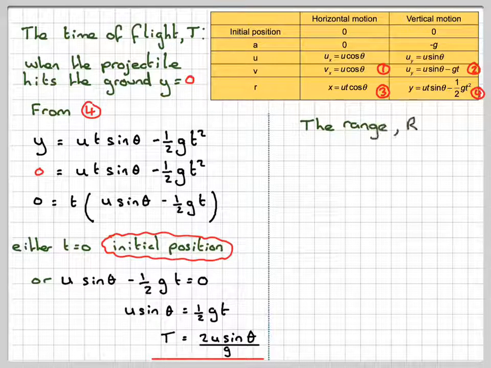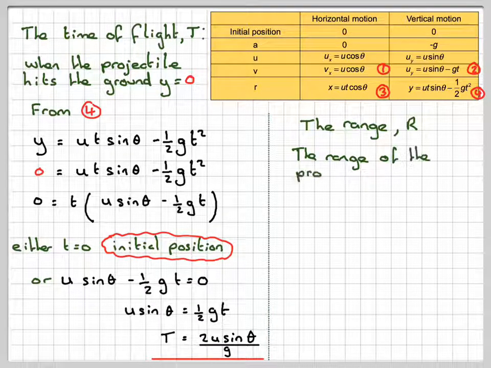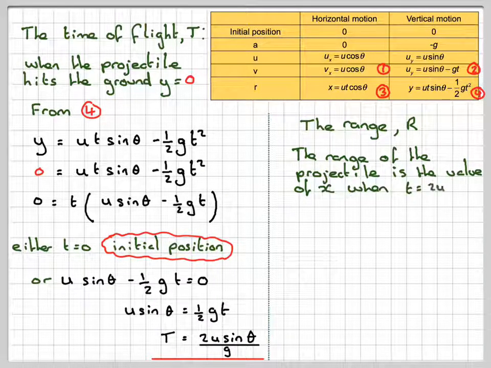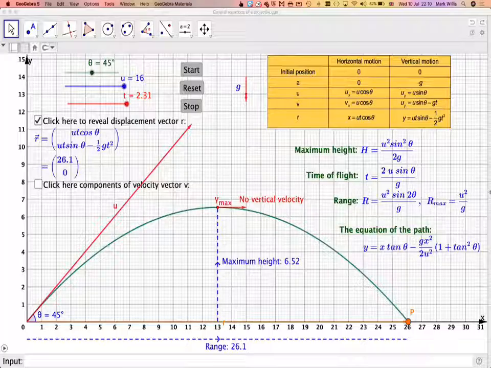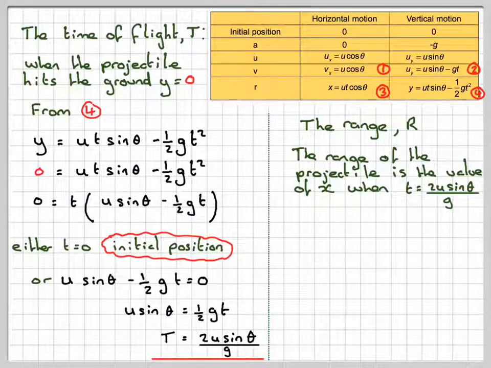Right, the range of the projectile is the value of x when t is equal to this particular value. So what we're trying to find now for the range, we're trying to find from here to here, so we know the time at that particular point. So if we now substitute that into 3,